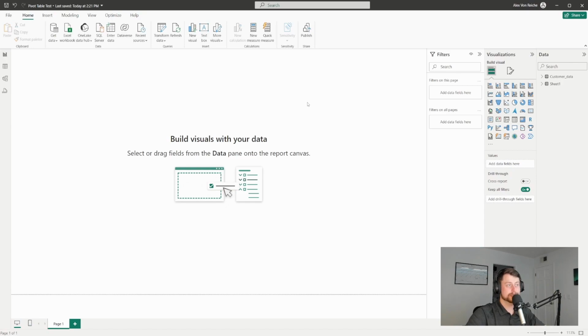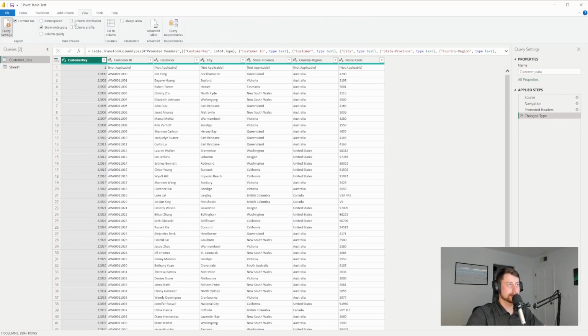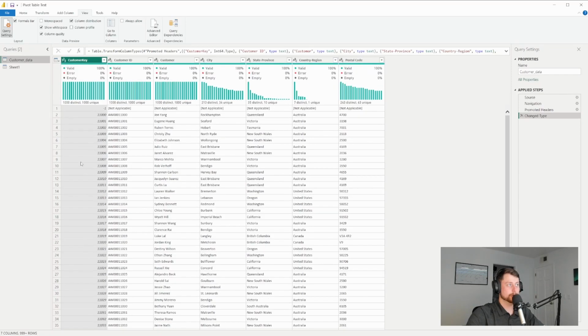For this example, since I've already imported the data, I'm just going to go over to my data source, right-click, and hit Edit Query. So when you hop into Power Query, once you've added your data, it should look something like mine. There are a few things I do that help me get a better sense of the type of data I'm working with. If you go up here to the View tab, you can hit Column Distribution